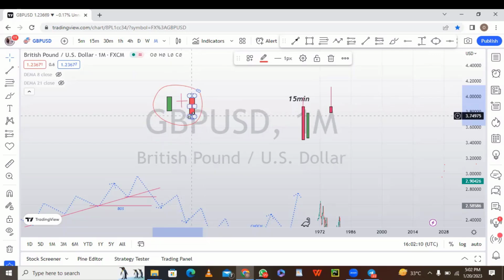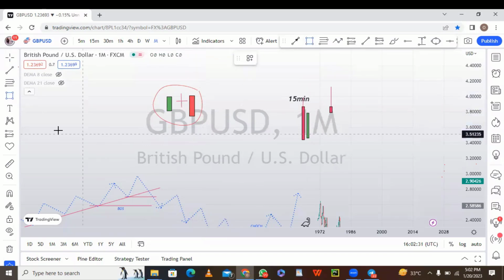Then the last one, which is bearish, is telling us that at the end of the competition, the set of people that won this battle are the bears, which are those that are selling the market. So what it means is that this market is likely to start selling. So where do you want to see this type of candle forming?